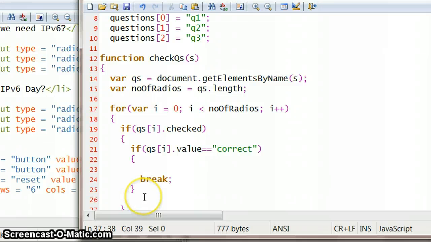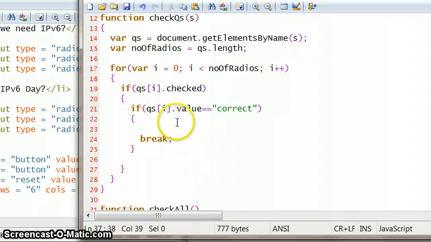So now the next thing we want to do is make some changes to this particular function, because we need to work out what we do if the correct answer is selected but it's not the right value. So I'm just going to take the braces out from this particular if for the correct one, because I need to put an if statement in. So